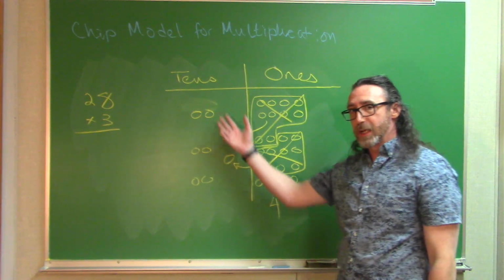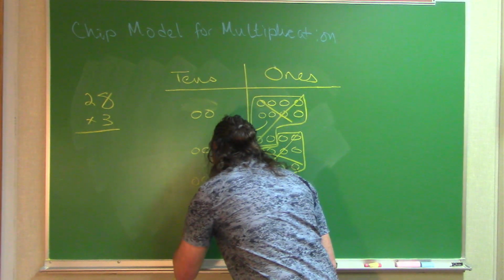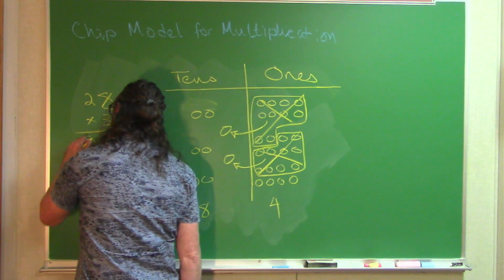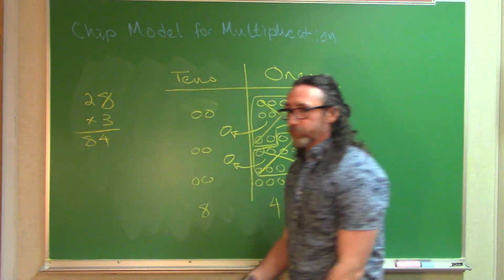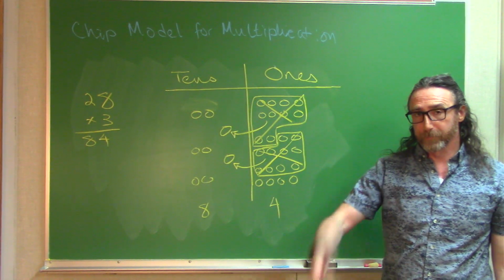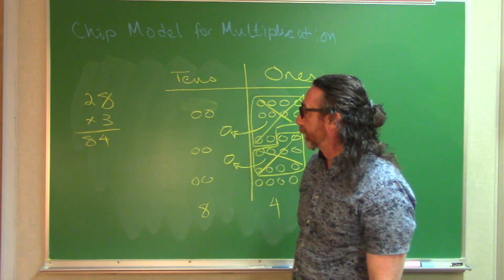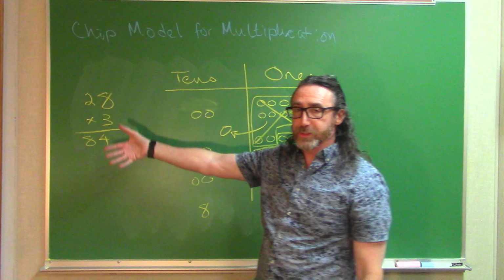I had 6. I added 2 more, so that is 8. Okay, so 28 times 3 is 84. Okay, now you might remember when you learned the pencil and paper algorithm for this, how carrying works in